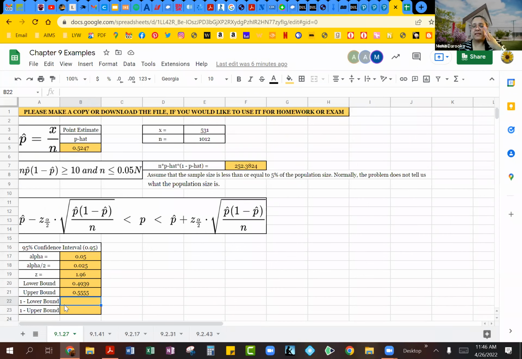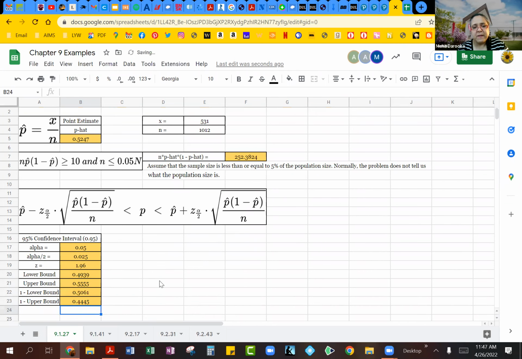People who think this is a necessity, you are going to do 1 minus the lower bound value, which was the 0.4939. And then for the upper bound, we will do 1 minus the upper bound value, which was the 0.55555. And this will give you the confidence interval for people who think television is a necessity, they have to have it. So of course, guys, the smaller number will be the lower bound. So that's 0.4445. So that will round up to 0.445.